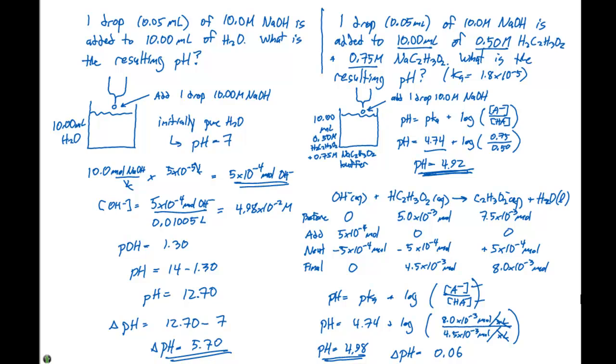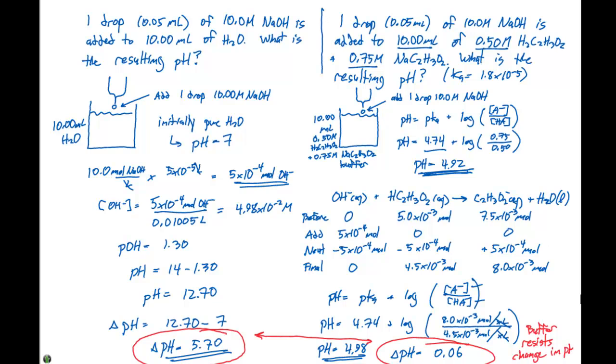pH units. So if we look at the effect of adding 1 drop of 10 molar sodium hydroxide, on the left-hand side here, if we add it to an aqueous solution, we see a change in pH equal to 5.7 pH units. If we look at it and we put the same concentration of the same species in a buffer solution, our change in pH is only 0.06 pH units. And this tells us that our buffer did its job, because a buffer resists change